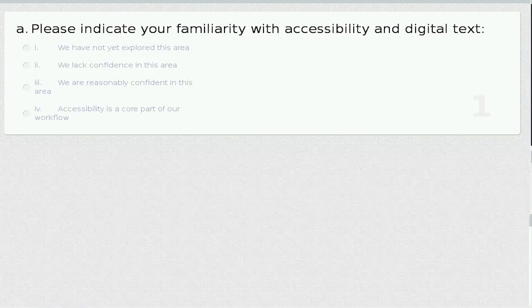Can you see that? Lynn's typing. Thank you very much, Lynn. Can you see the poll? You can. Excellent. I'm going to give you maybe 20 or 30 seconds. I'd like you to click on whichever of those is most appropriate to you, and then we'll share all the votes.